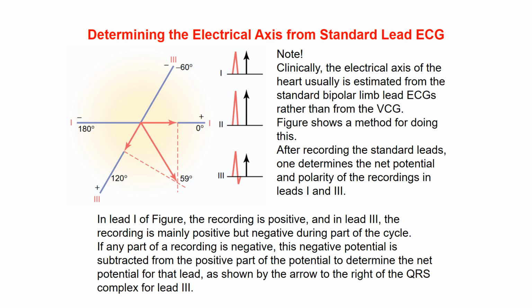After recording the standard leads, one determines the net potential and polarity of the recordings in leads 1 and 3. In lead 1 of the figure, the recording is positive, and in lead 3, the recording is mainly positive but negative during part of the cycle. If any part of a recording is negative, this negative potential is subtracted from the positive part of the potential to determine the net potential for that lead, as shown by the arrow to the right of the QRS complex